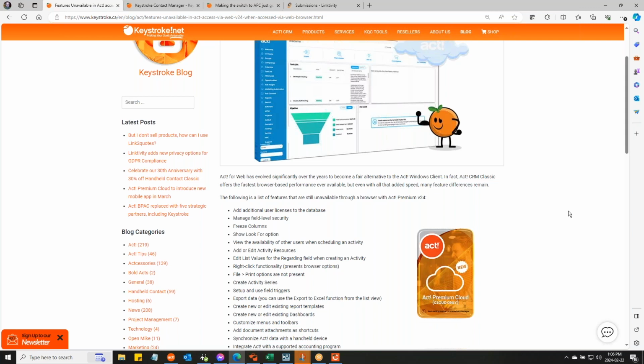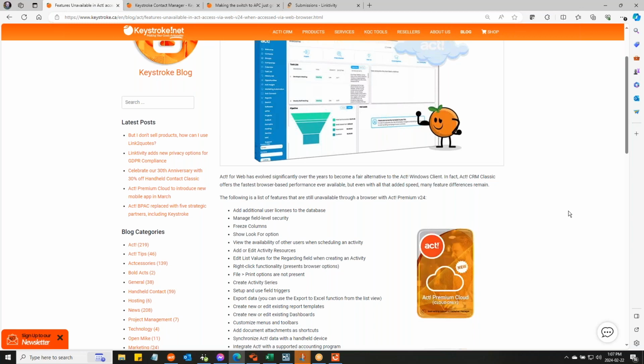So, what we can do now is center around some of the pain points that customers have, some of the feature gaps with the web experience, and build them into the KCM, as we call it, Keystroke Contact Manager. And I'm going to show you how some of those work, okay? And it will be within our control. We can bring them to market a lot faster, and we can respond to customer demands very quickly,